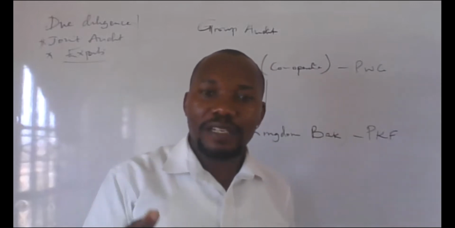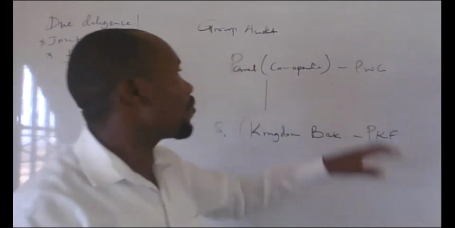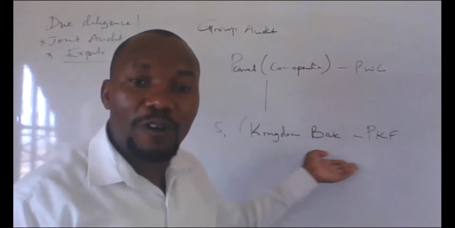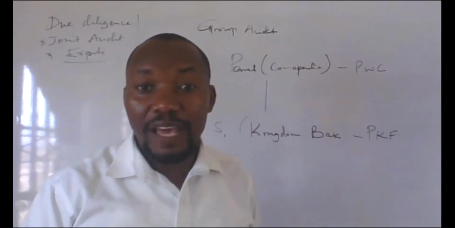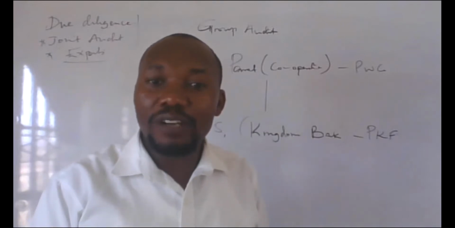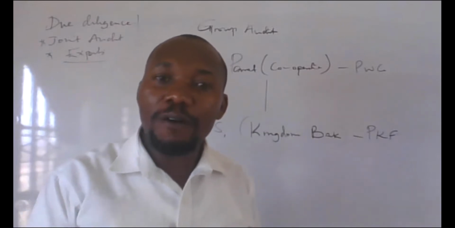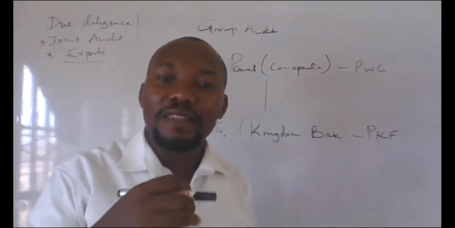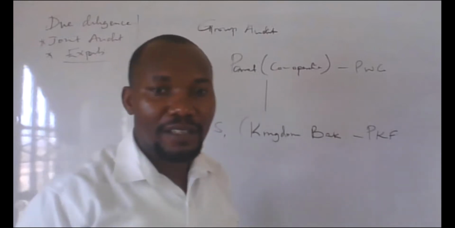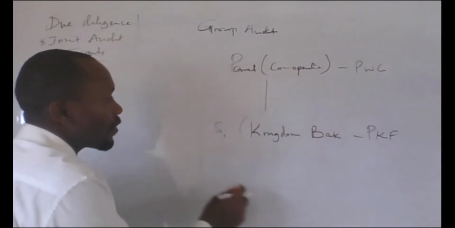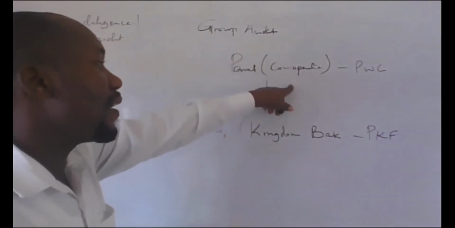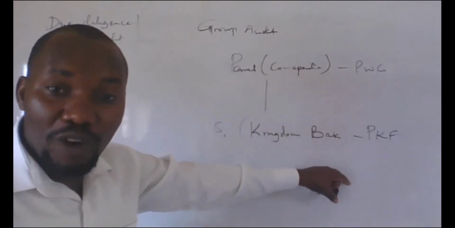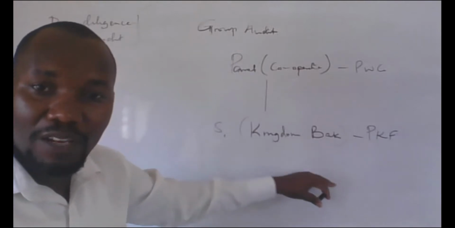Because of the risk, number one, the parent auditor, which is this one here, might want to know what were the audit procedures that were followed by PKF. They are not working with PKF, but they want to sign that report. Some of the things that you might consider before signing, number one, is to know whether these guys have used the right audit procedures. So number one, you write: factors to be considered by the group auditor when accepting or signing the subsidiary auditor's work.